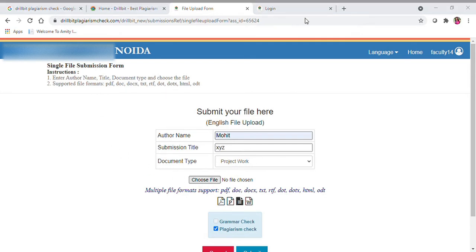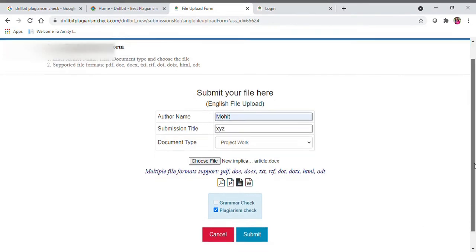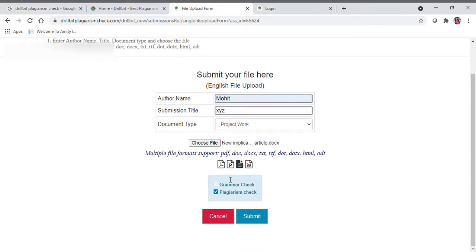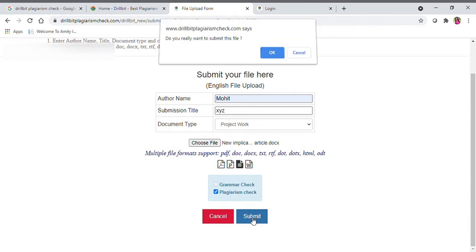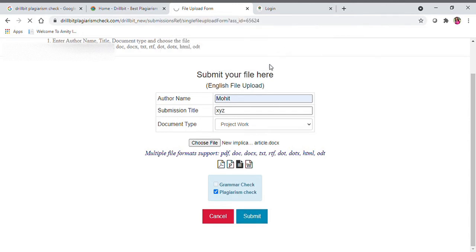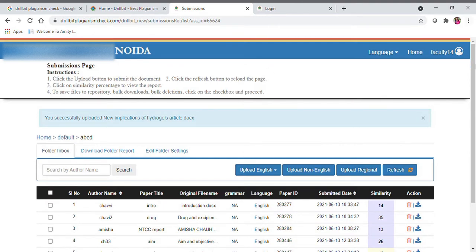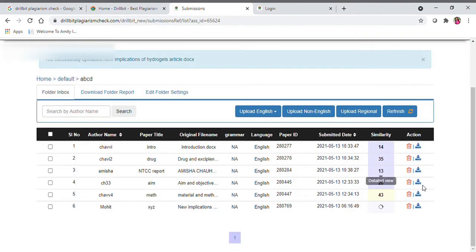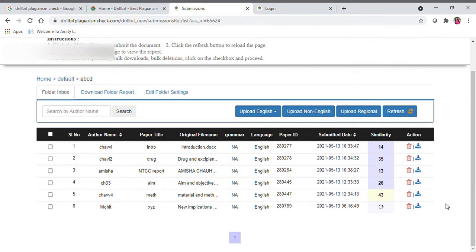You can go to the respective folder and submit the file. Once you submit the file, it will start processing and check for plagiarism. So it is just now checking.